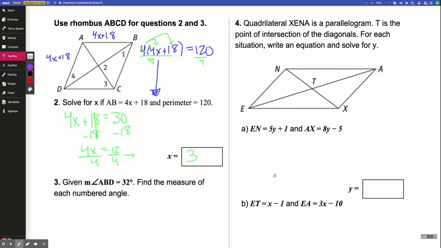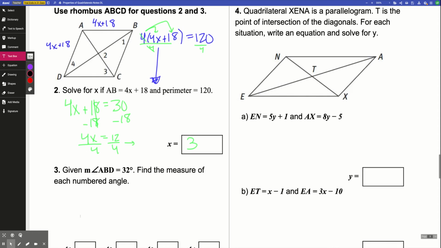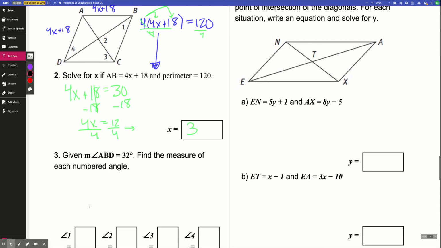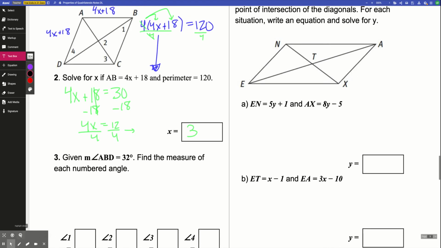Okay? All right, then for number 3, we're dealing with the same picture, but they're telling us that, here, let me switch my colors. They're telling us that angle ABD, so ABD is this angle here, is 32 degrees. Okay, and they want us to find all of these missing angles. So remember